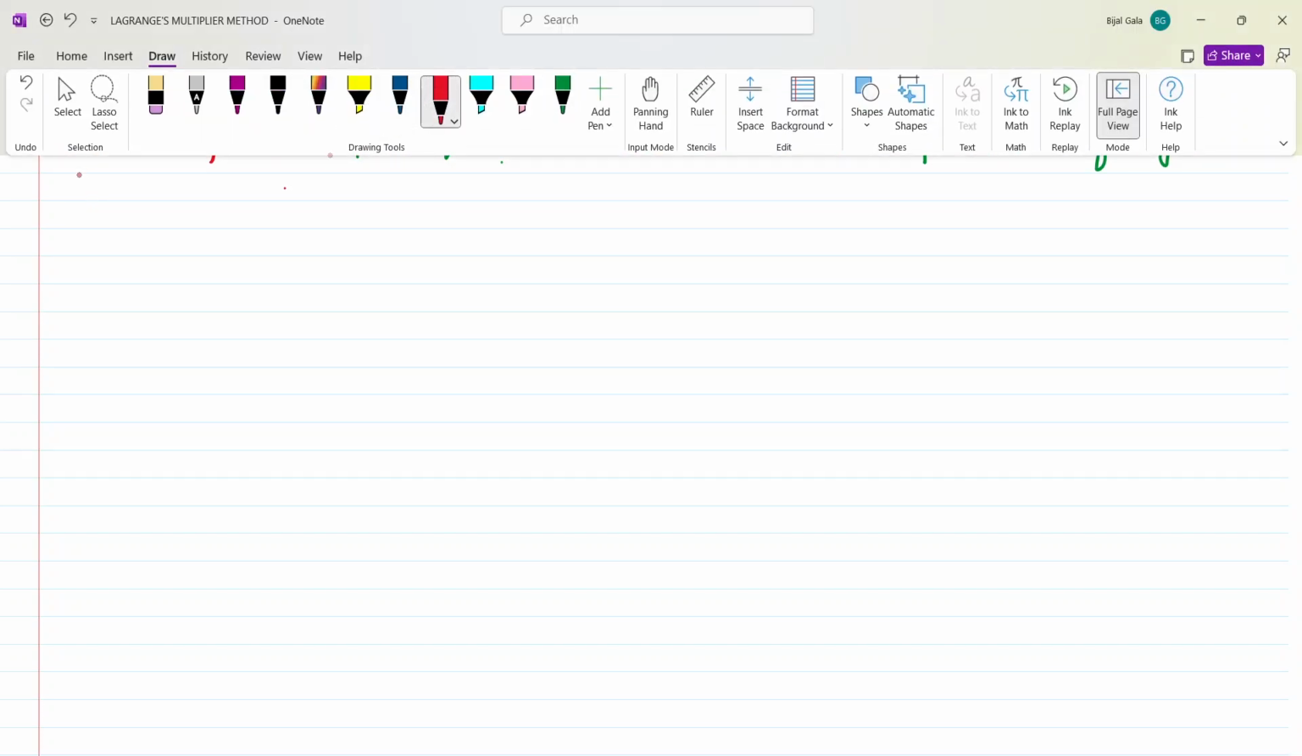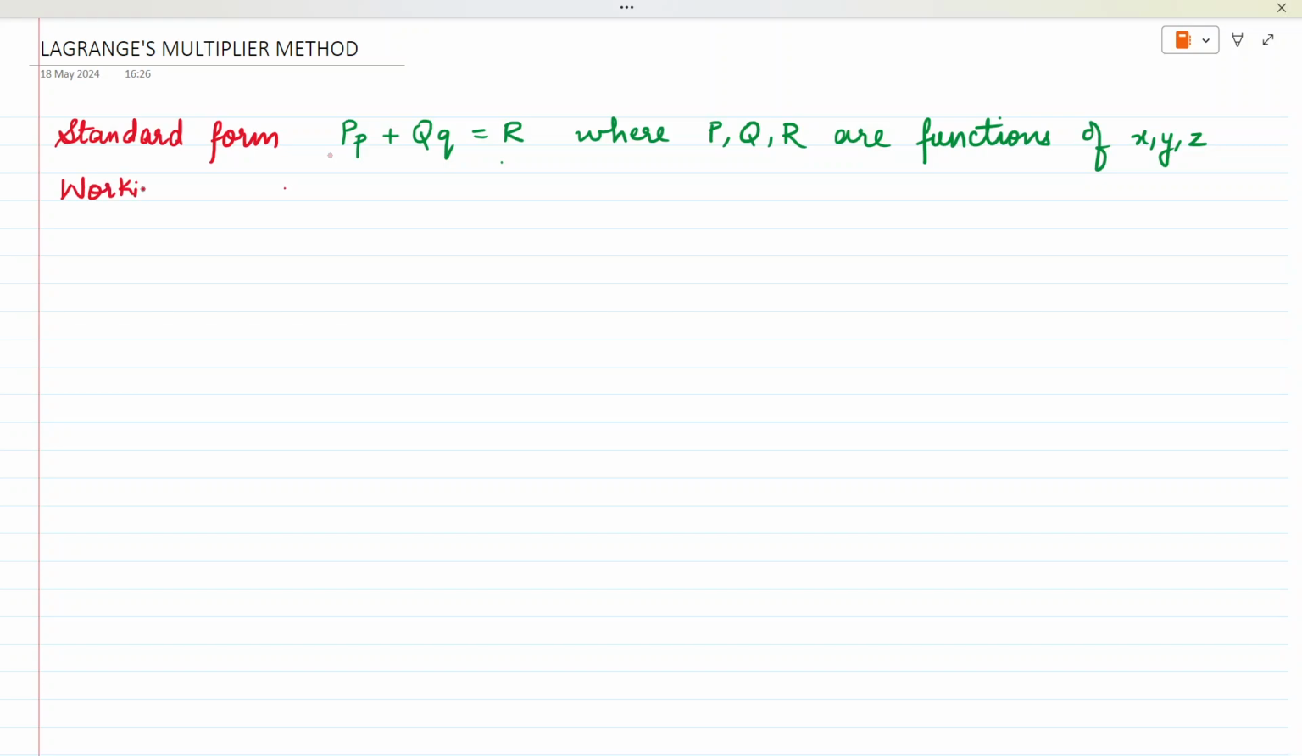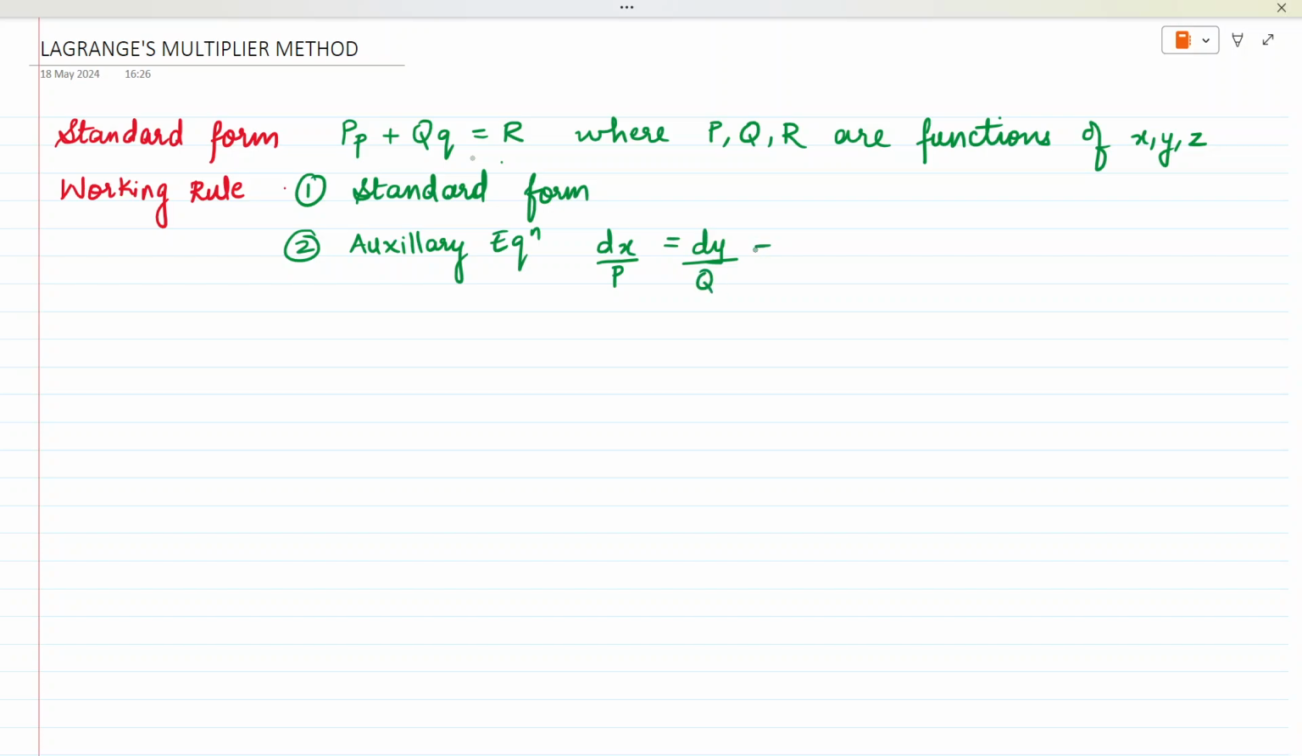Let's understand the working rule. What are we going to do here? Step number 1, you will bring the question into the standard form. Step number 2, you solve the auxiliary equation, that is dx over P, dy over Q, and dz over R. You've seen the same equation in the method of characteristics, and that is where I said they could look similar. Okay, fine. Next, we can solve the auxiliary equation